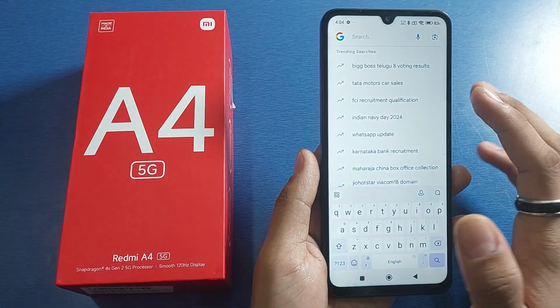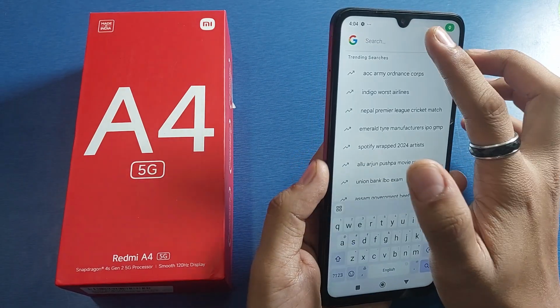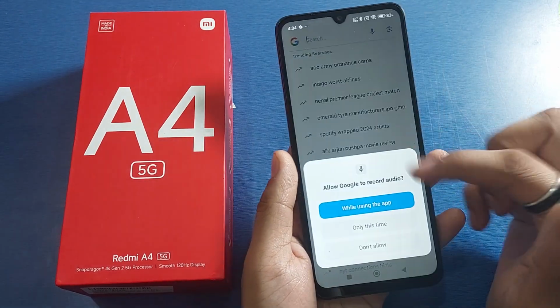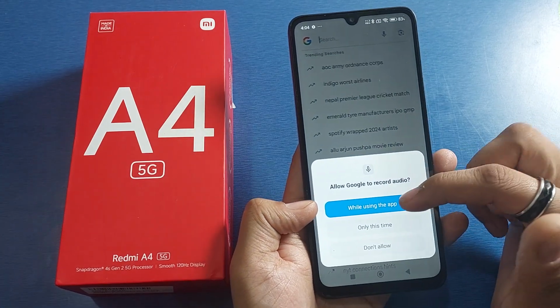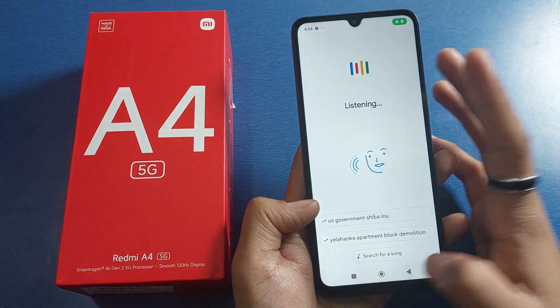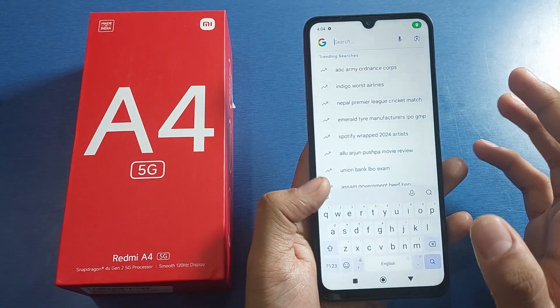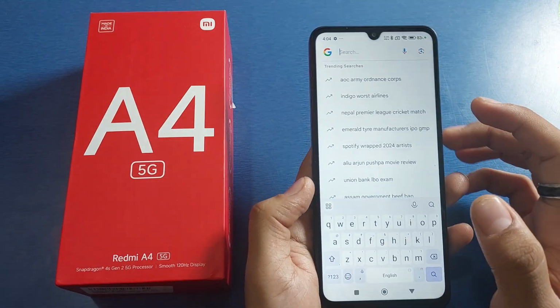First you have to open your Google. Here it is search, and you can see when you just click on it, here it is showing. First you have to allow this to record audio. You have to click on it, and if there is some problem when you open the microphone and